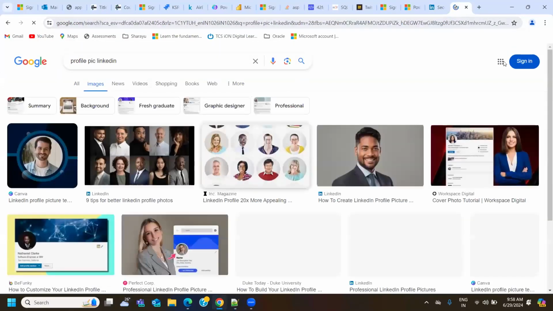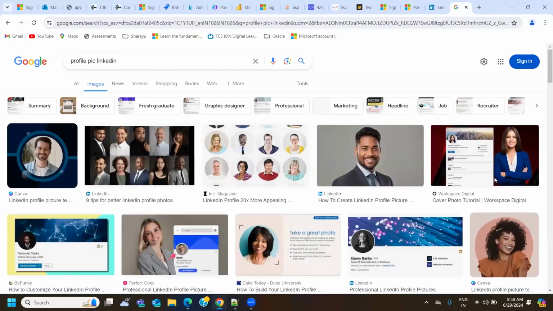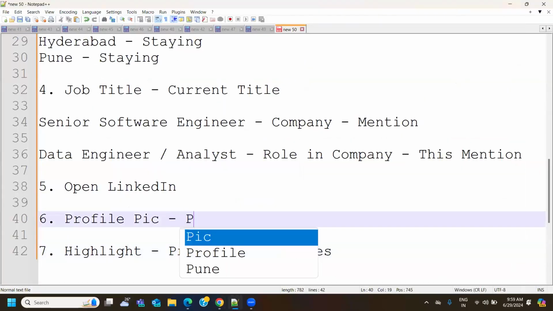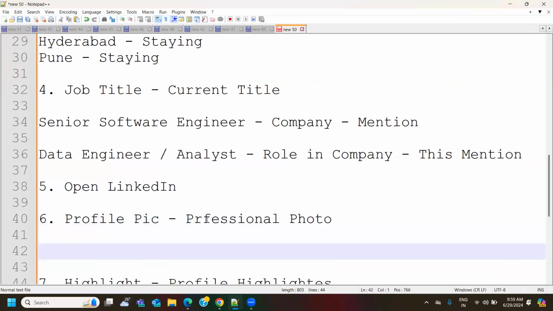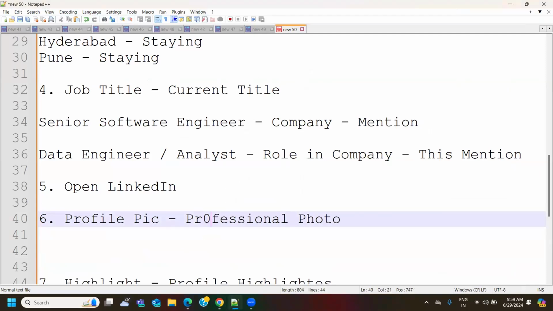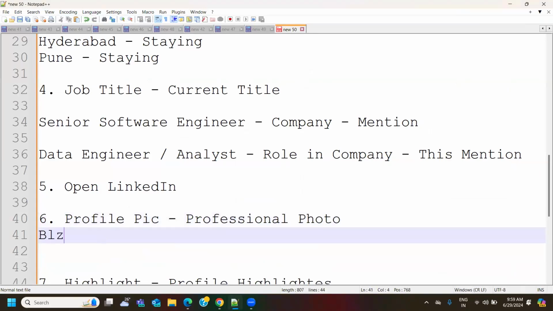For a profile pic, it is always recommended that it look professional. Professional doesn't mean you should always wear a blazer or a suit. That is not recommended every time.